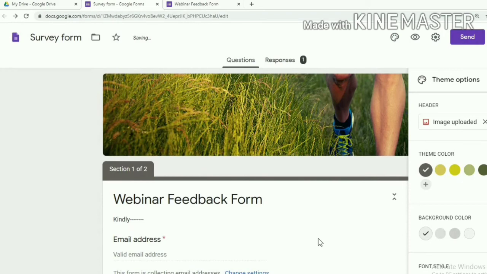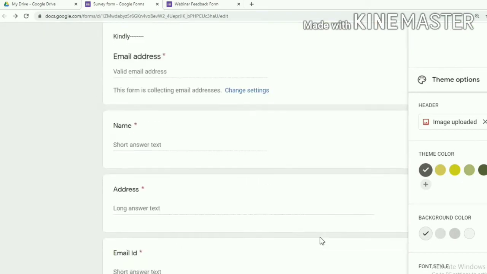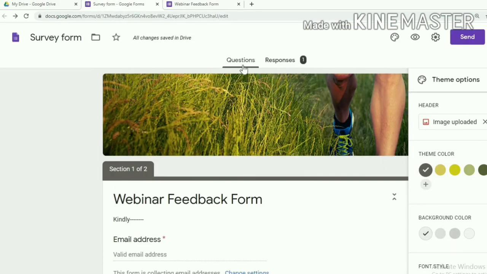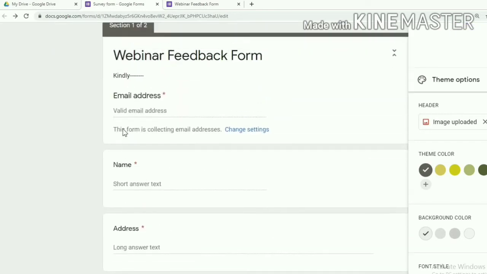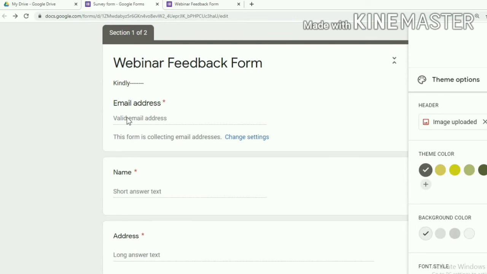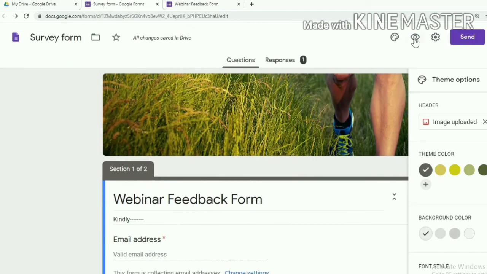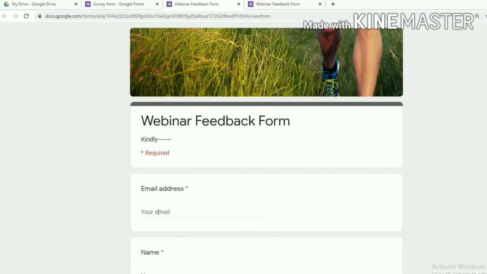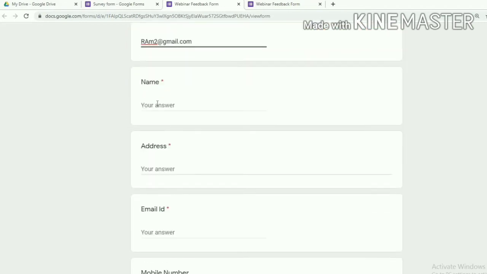So now everything is fine, and I want to go to the second time response. Sorry, go to the preview. Email address, Gmail.com, and the name is Ram, for example.